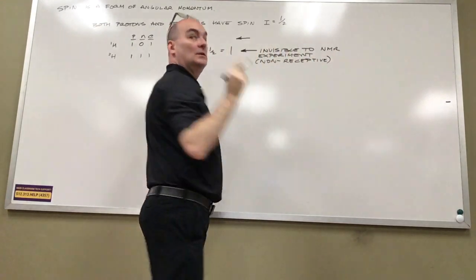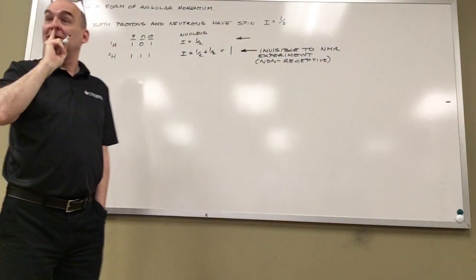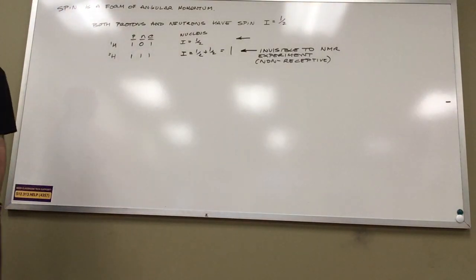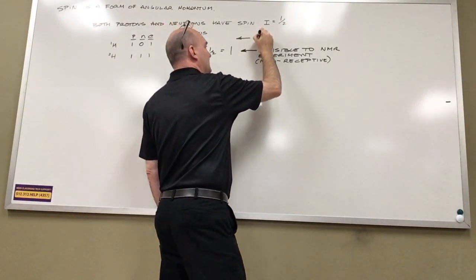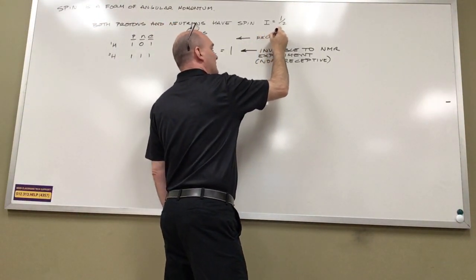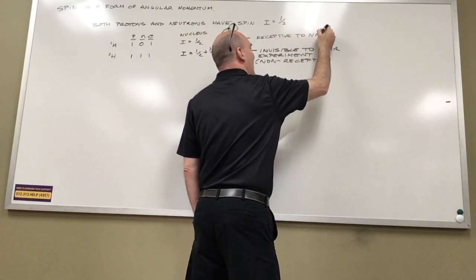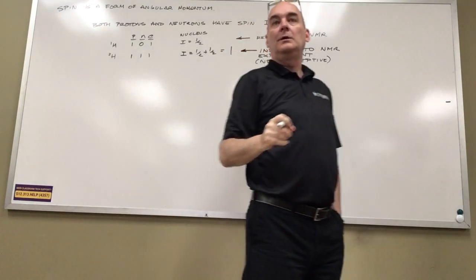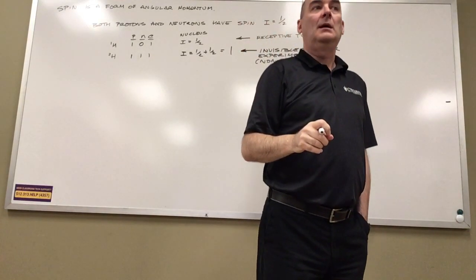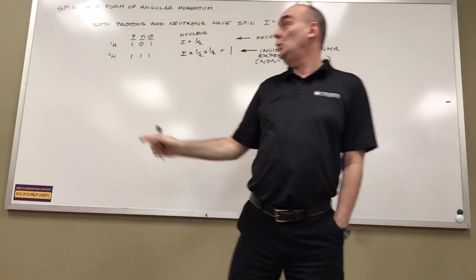Spin half is great. Spin half is what we're hoping for. This is receptive to NMR. And the really great thing about hydrogen 1